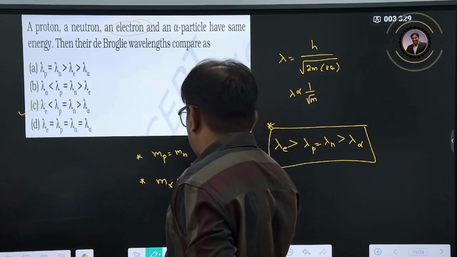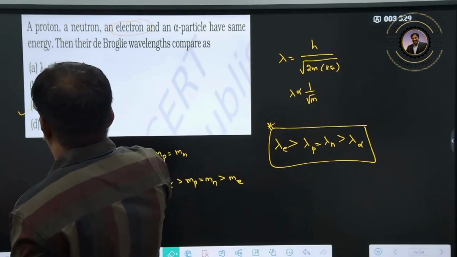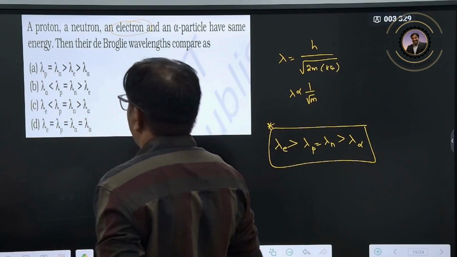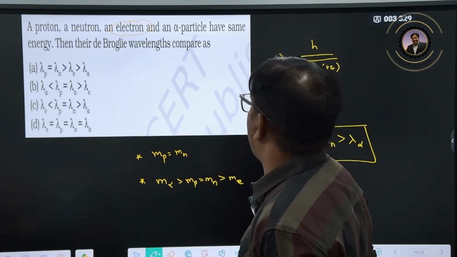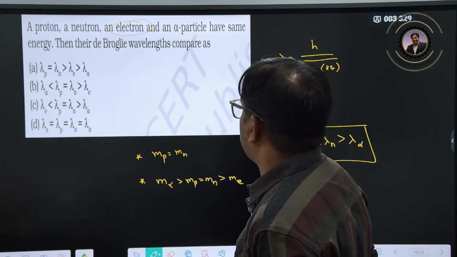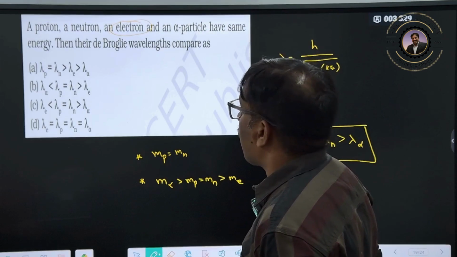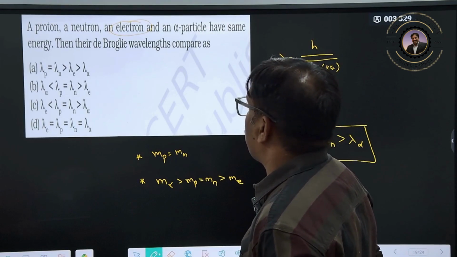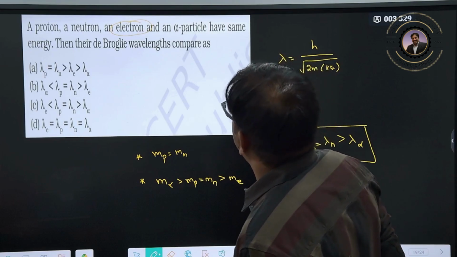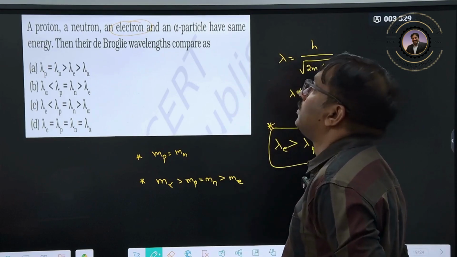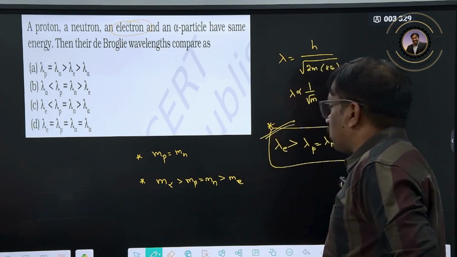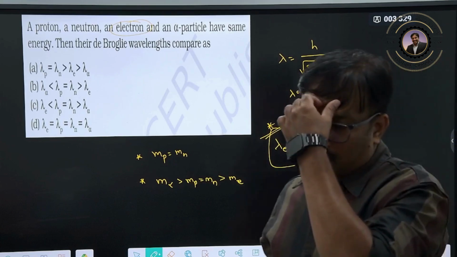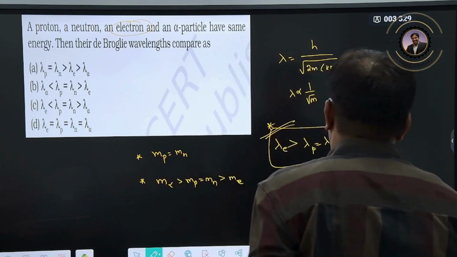No, this is not the C option. Actually, we are not able to see the option here. This is your answer actually, so you can check which point it is. We will see one more concept now.